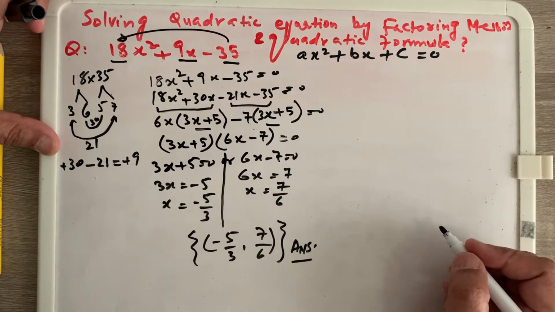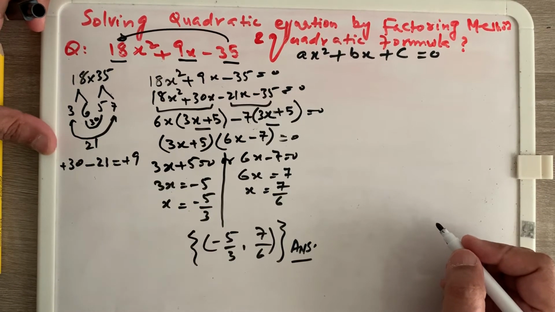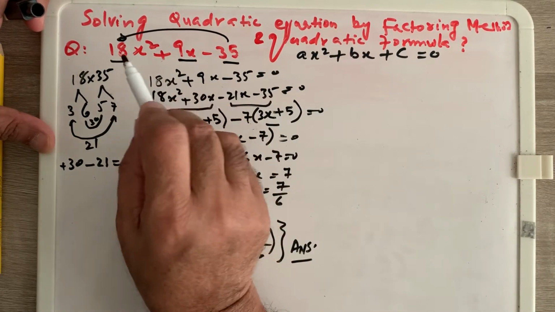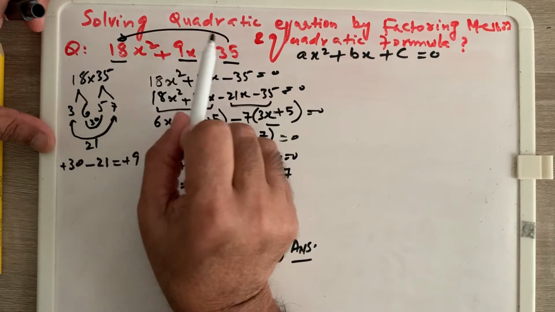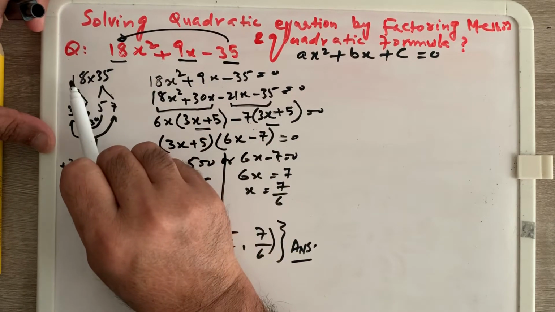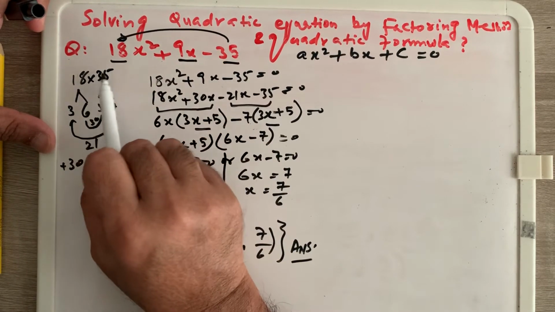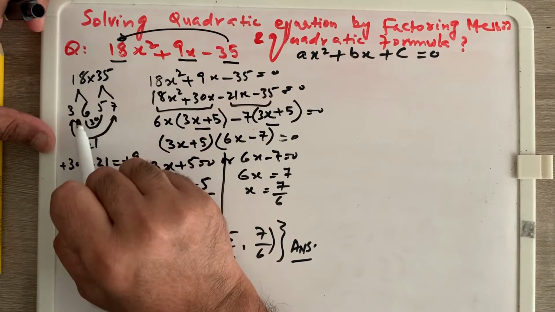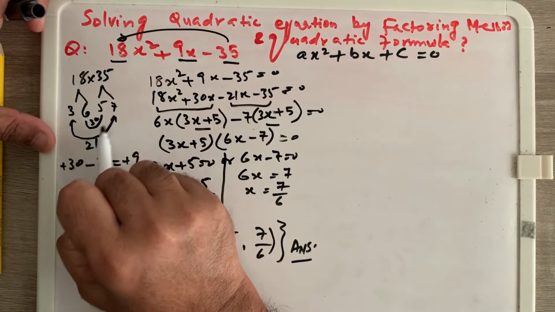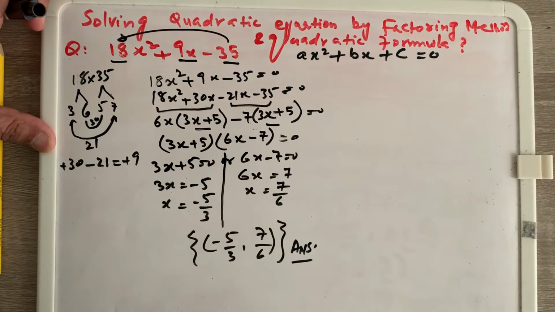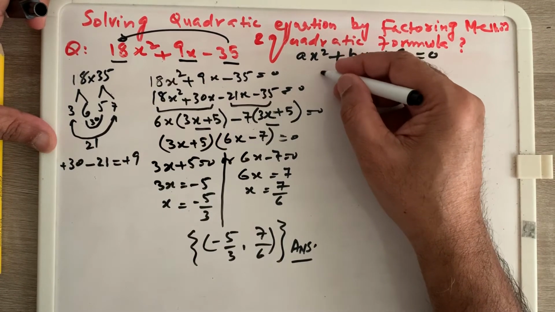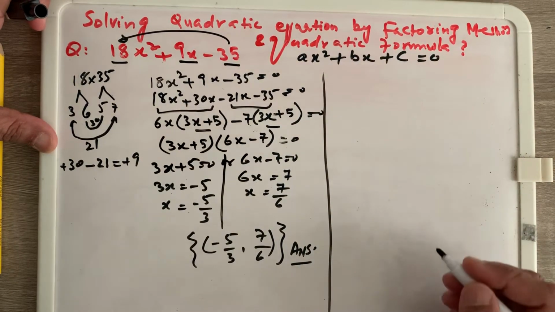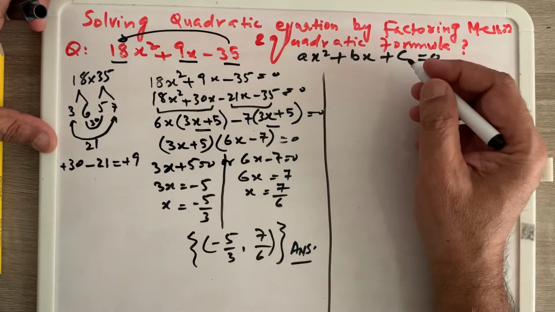So this method is called the factoring method. I hope you understand how to make the factors. Instead of multiplying 18 by 35 and then looking for their factors, we do 18 times 35, but we do not multiply them, we factor them, and then we multiply these two and the two extremes, and we get our factors. So another way of solving, he's asking us to find the roots of this quadratic equation